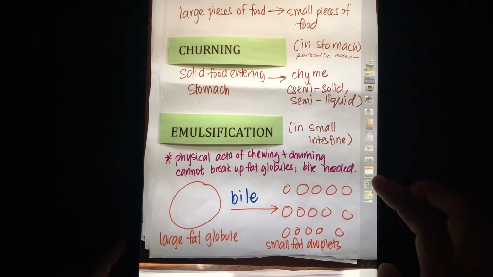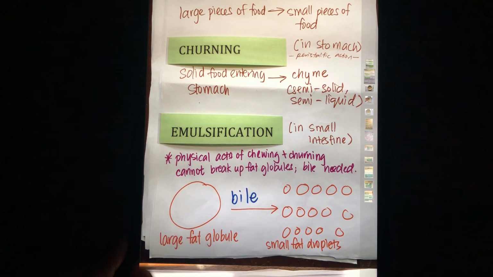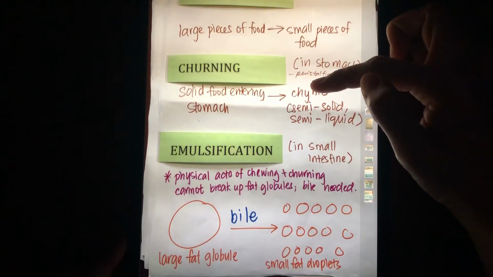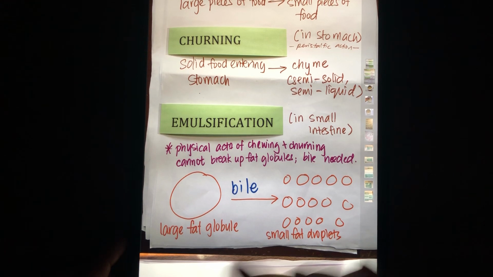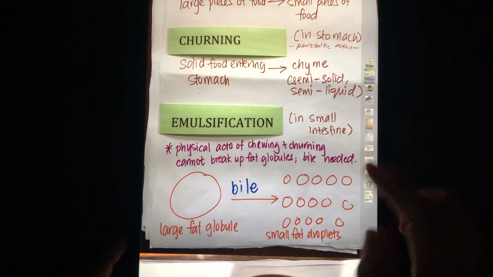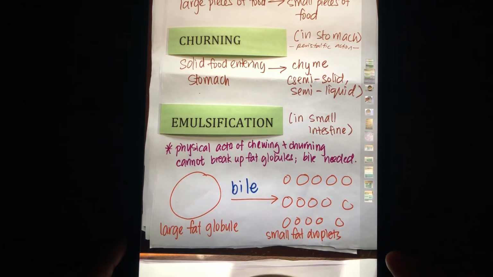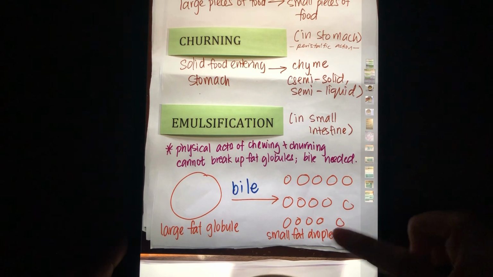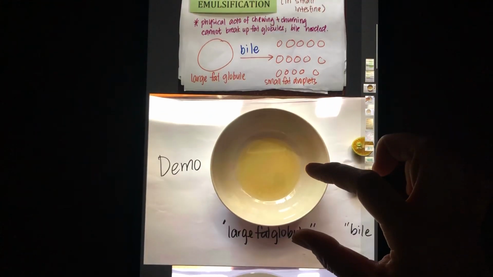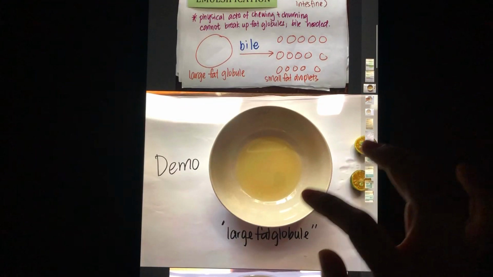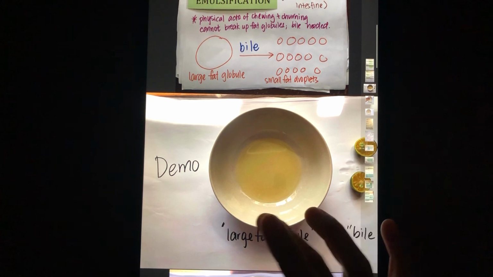Emulsification happens to the fat globules because chewing and churning do not break down the fat globule. We need the action of a substance called bile to make it into smaller droplets to increase surface area for lipase action. So if I were to do a demo of what it looks like, maybe olive oil